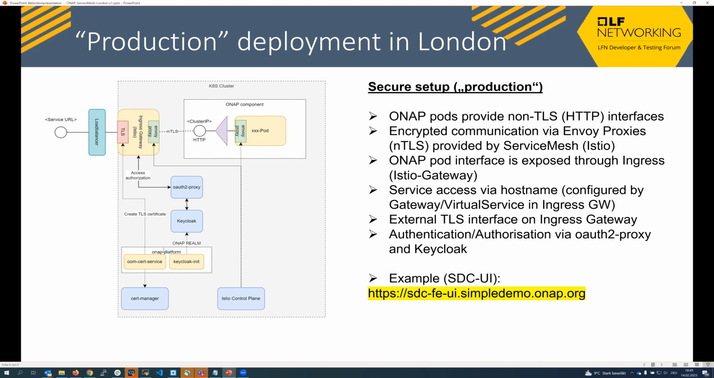At the moment, in the deployment, this is done by the OOM cert service, which is using the Cert Manager basically for creating the certificate for the ingress gateway. You communicate not via a host IP, but via a service URL. It means, in our case, how it is defined in the ONAP component. Usually you have in the Helm chart a definition of your